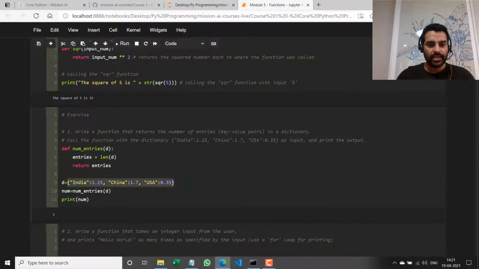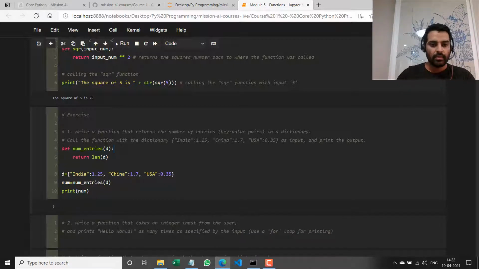That's the number of entries in this dictionary. So remember, in a dictionary, the number of entries is basically the number of key value pairs, right? And there are 3 key value pairs over here. Now, as I told you in the previous case, let me show you a few ways in which I can write more concise Python code, right? So I would have just thrown out this entries part, just taken this len part, and I would have returned that directly,